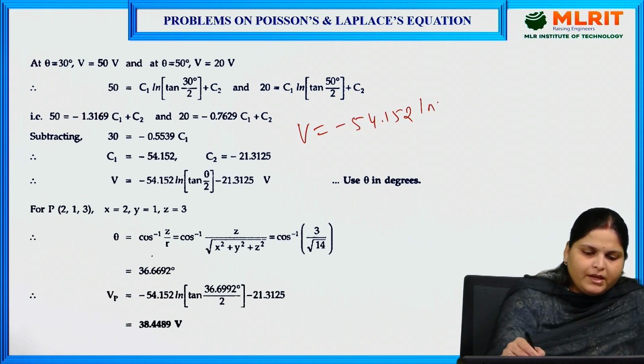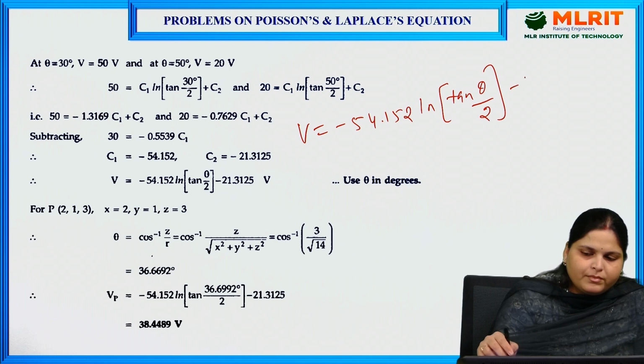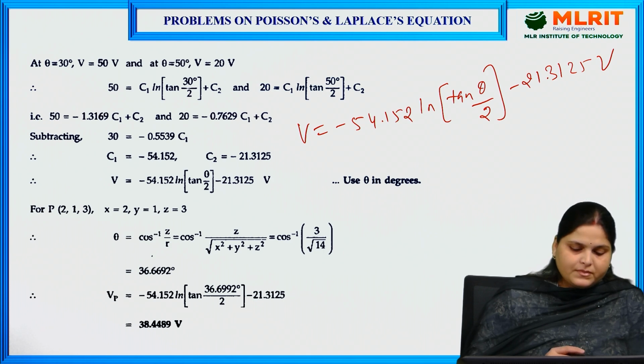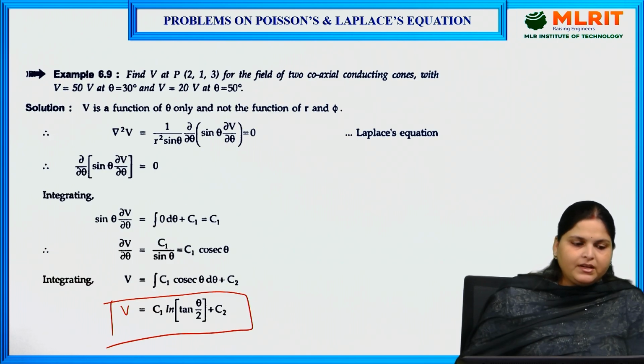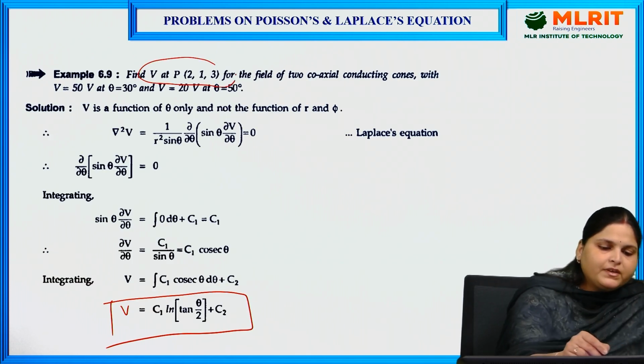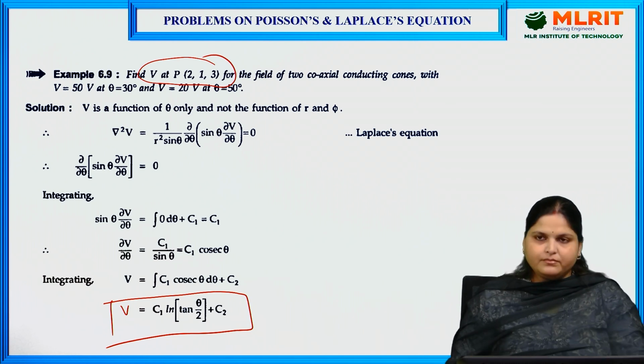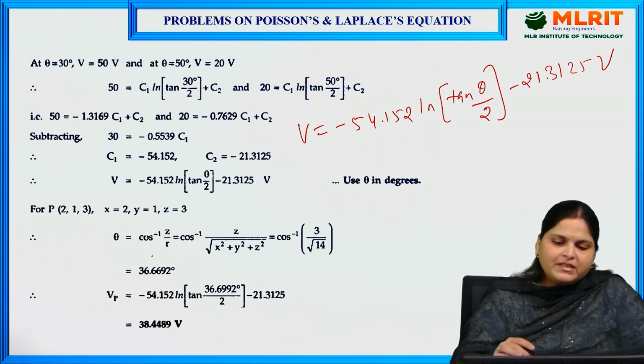54.152 ln tan theta by 2 minus 21.3125 volt. Right? Now, in question it is given that we have to find this V at P(2,1,3). Right? So here basically we have to